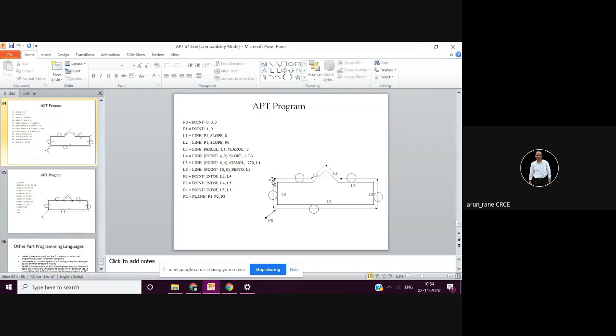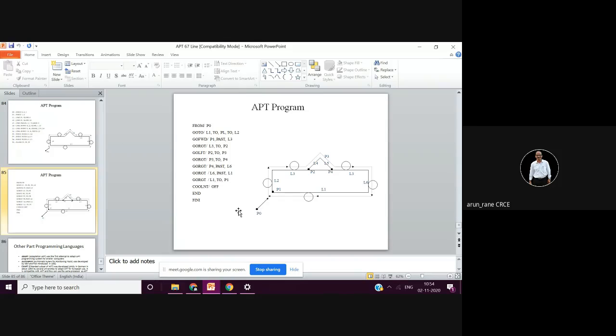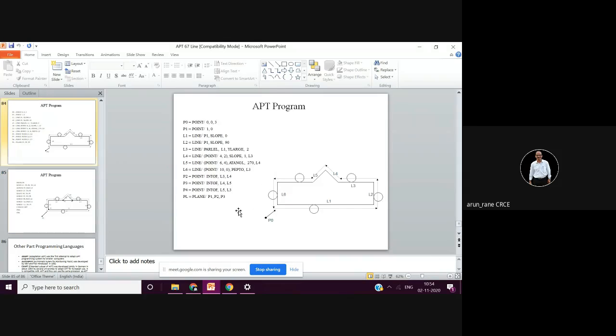So again here these are your geometry statements and these are your motion statements. You better copy this and try to understand this. So this was your APT programming, which is more than enough from examination point of view.